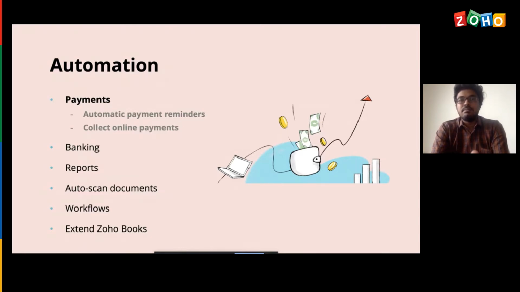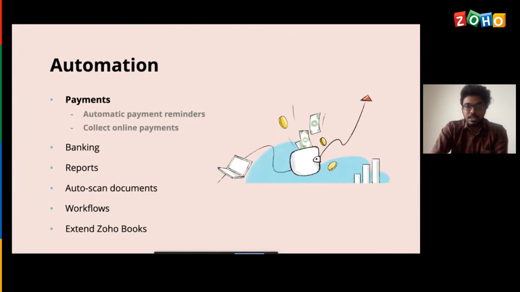So as Bala said earlier, we would be raising multiple invoices in a day, and we'll not be able to keep a track of the payments that should be received for all those invoices. We could make use of these payment reminders options to remind us about the payments that should be received from our customers, as well as the payments that has to be made to the vendors.